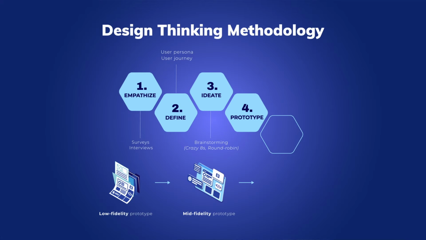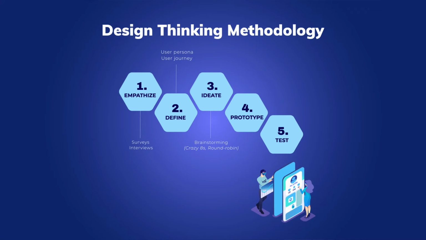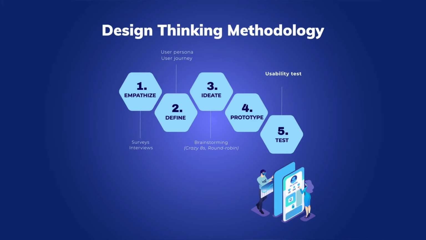And then we pass to the last step, which is the high fidelity prototype. It's the closest solution to the final product. So we're going to see exactly how our final product will look. The last phase of design thinking is testing. We can do 2 different tests. One is the usability test, where we test with the user if the product is functional, if it's working well, if it's easy to use for them. The second type of test is the desirability test, to test the look and feel, how much the users are willing to use our products.